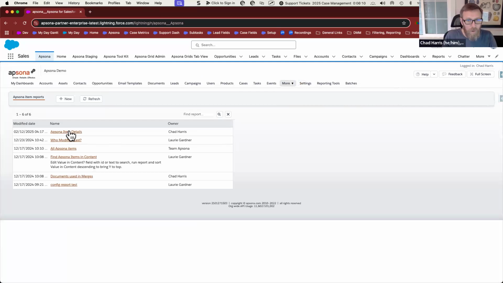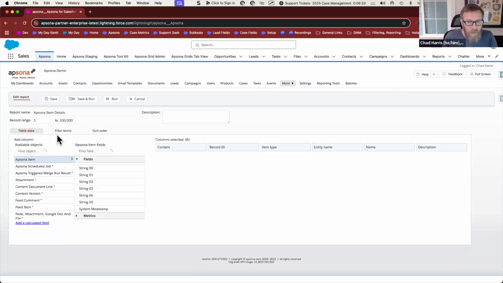And I have a pre-built report that I will show you really quick. This is the downloadable item that will be in the description so that you can download this and try it out yourself. So I think first I'm just going to edit. We are on the Apsona item object. Here's all the fields. There are many different fields that seem important, but for our purpose, we really just need